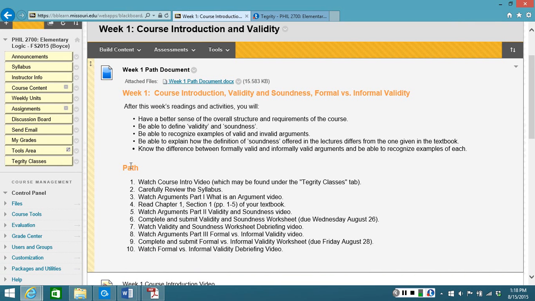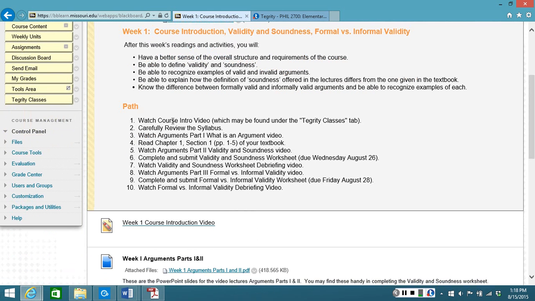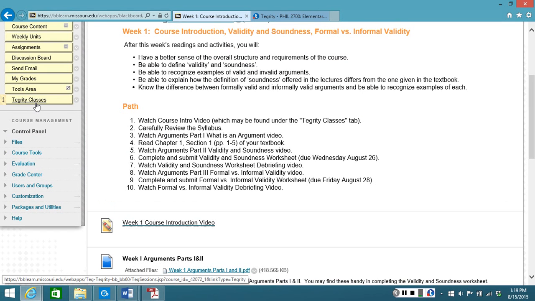So if you look at this path document, under path you have your steps. The first thing it tells you to do is watch the course intro video, which you are doing right now. The course intro video, it says, may be found under the Tegrity Classes tab. In general, when you're instructed to watch a lecture video, you're going to click on this Tegrity Classes tab,